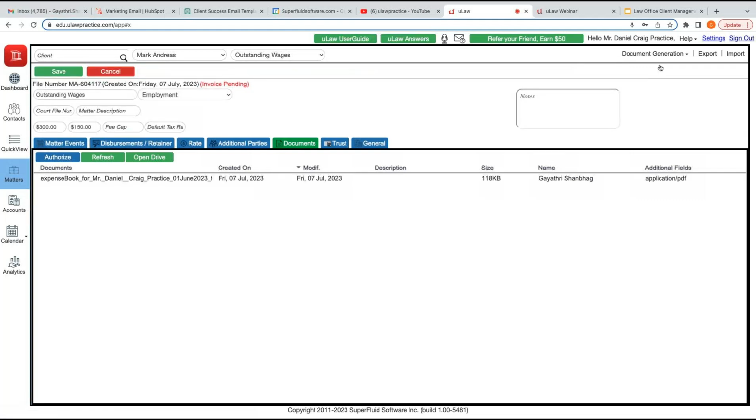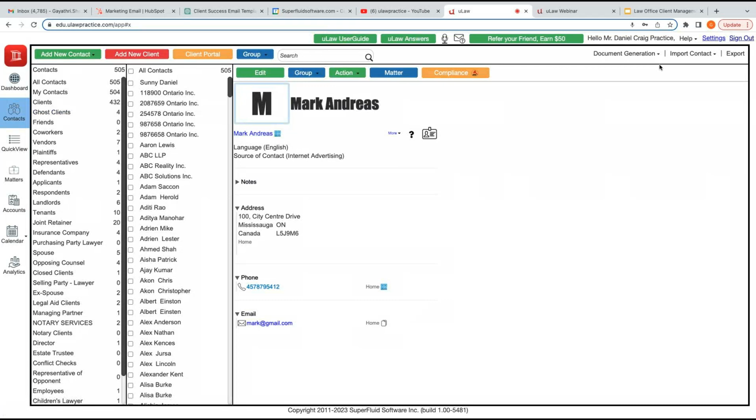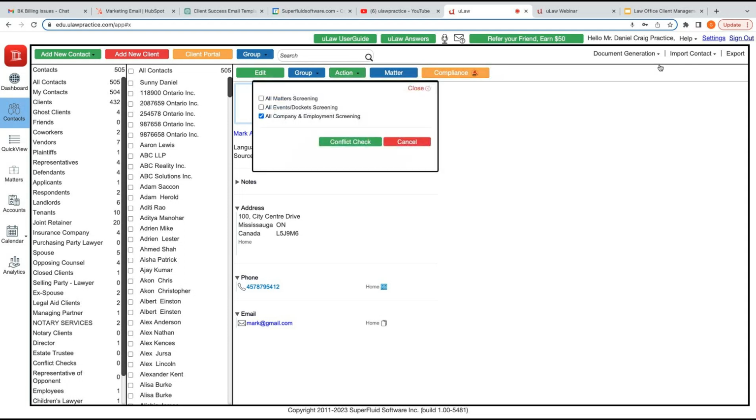Now, I won't blame you because we are always in a rush, but this is where the Law Society plays a role. And this is where we play a role on behalf of them to point out to all of you that, hey, there's a compliance tab here. The first thing you want to do as soon as you create a client is to click on action and do a conflict check. Just remember,